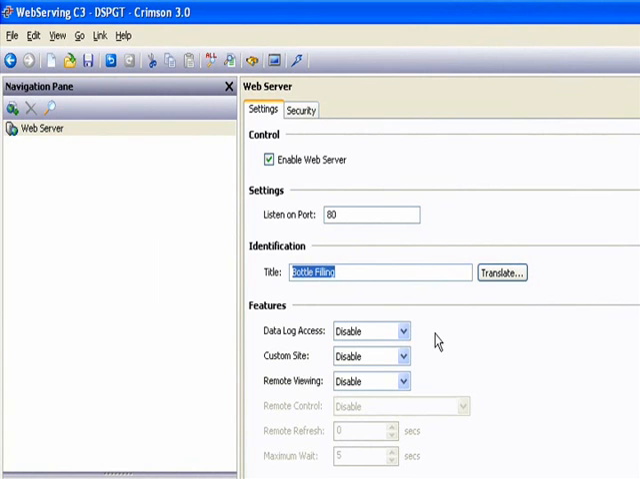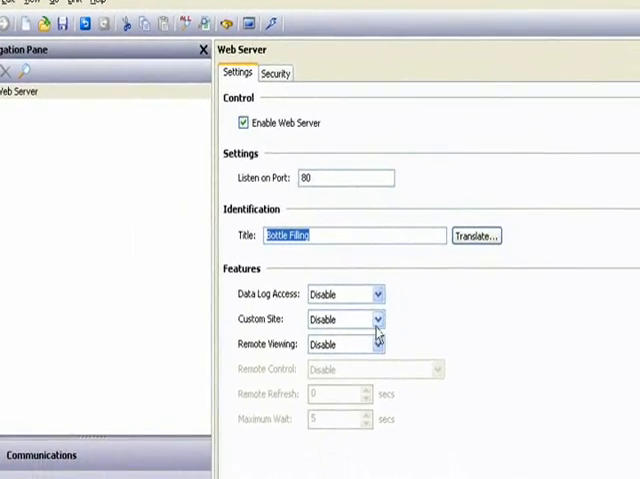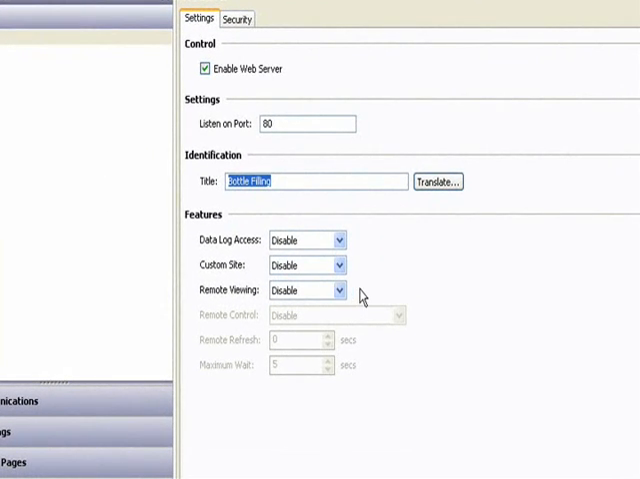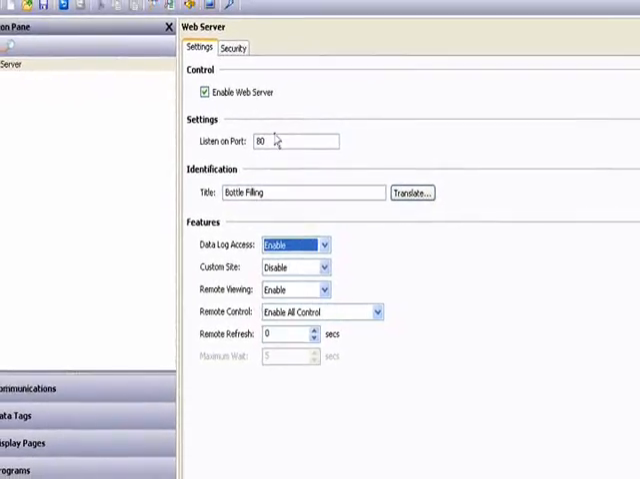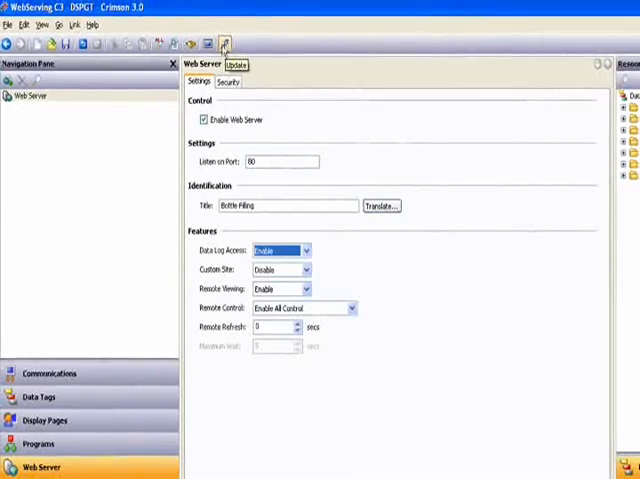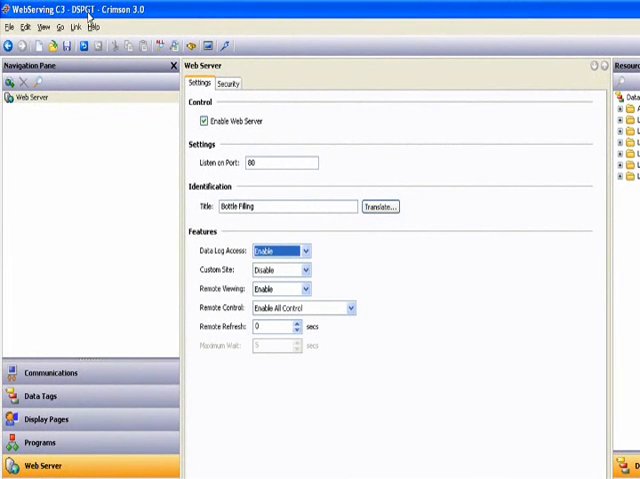and then enable the features you want access to when you log in. In this case, I want a remote view. I want to have control from a remote PC or some other device with web access. And since I'm logging data to a flash card, I want to be able to view those log files while I'm there. If I download this setup to my target device, which in this case is a DataStation Plus, and